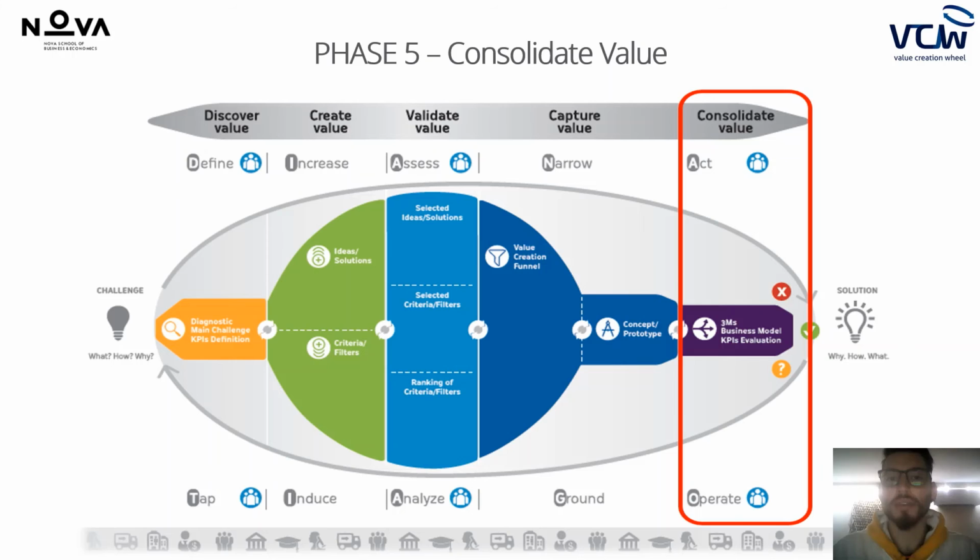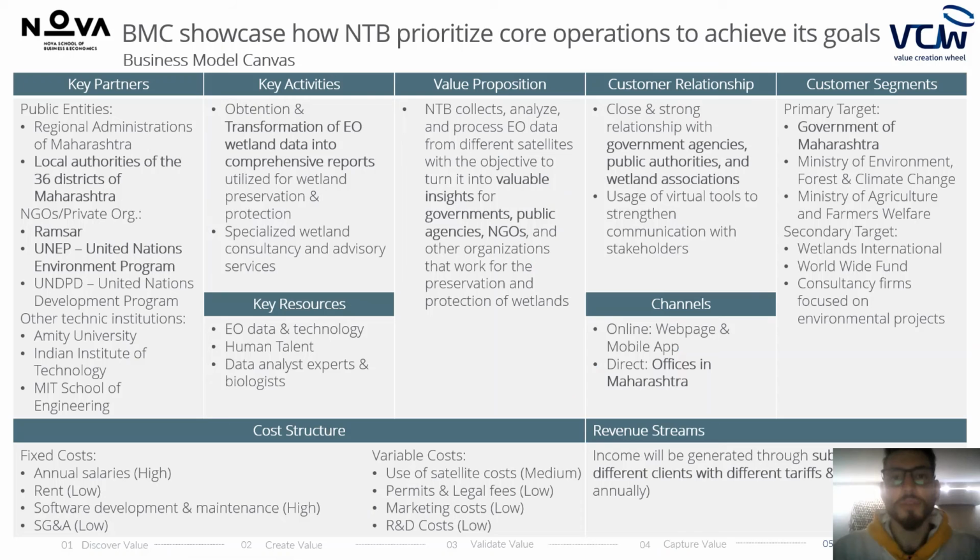Now, we're going to enter the 5th and final phase of the VCW, Consolidate Value. To start with the Consolidate Value 5th phase of the VCW, we use the Business Model Canvas as a tool to identify the most important variables we need for launching our business. Out of the 9 variables composing the BMC, we would like to highlight the key partners where NTB wants to develop close ties with the local authorities of the 36 districts of Maharashtra,